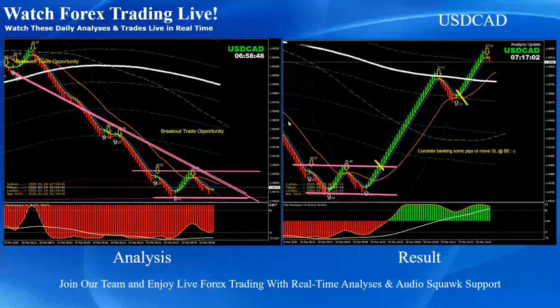I'm going to be doing this quickly because there are too many analyses today due to the market condition. As you can see, these are the intraday analyses with the live audio commentary. On the left-hand side is the analysis, and the right side is the trade taken based on the analysis. In the morning, just before the 7 European open, I did analysis. I started around 6, 6:30, 6:40, and I explained to my traders,